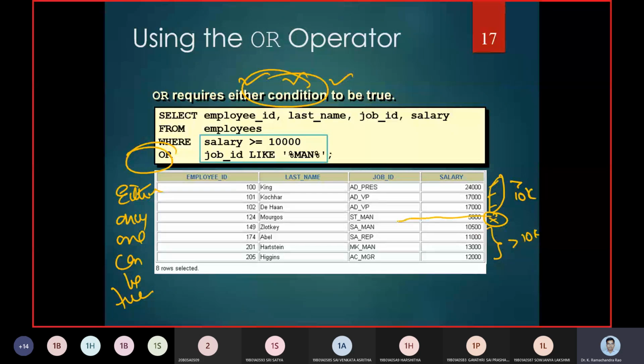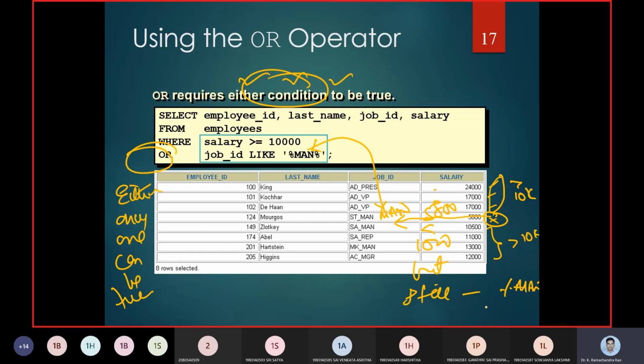The reason for this was that it is going to have MAN. So that is the reason why either one of the conditions is going to be satisfied. Even though 5,800 was less than 10,000, still it is going to meet MAN here.